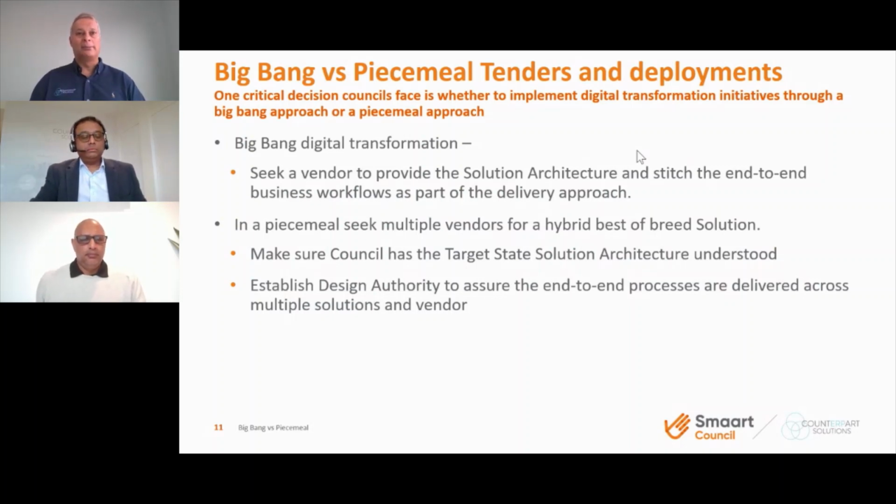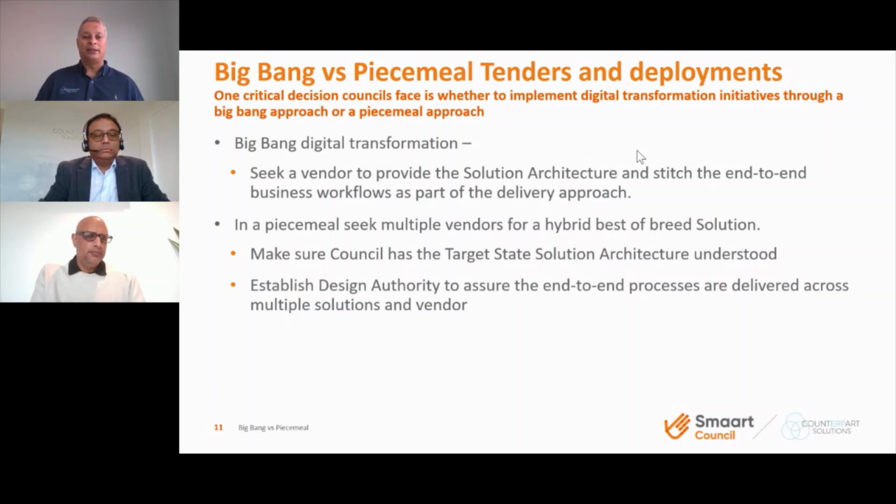So we'll just talk a little bit about both of those. And I think the key thing we're looking at when you're looking at a big bang transformation is a vendor that can actually provide that end-to-end picture across that landscape. If you look at our capabilities that were driving those enablers we talked about in the first instance when we did our business case, we're now looking for a solution that delivers those capabilities and can stitch it end-to-end in that journey. Those business workflows in that end-to-end journey are really, really important.